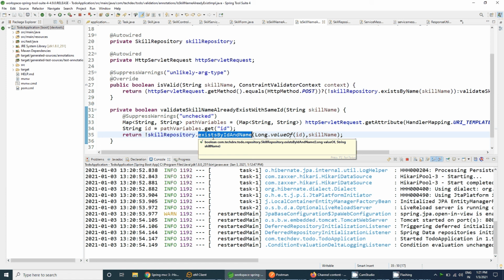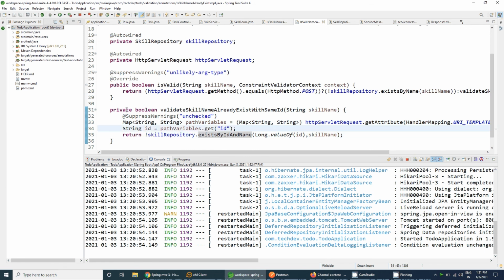If the ID and name provided by the user do not exist, then it will be valid. Before, it was returning false, which means the validation failed. So we need to return just the negation for this method. So I think it will work fine.